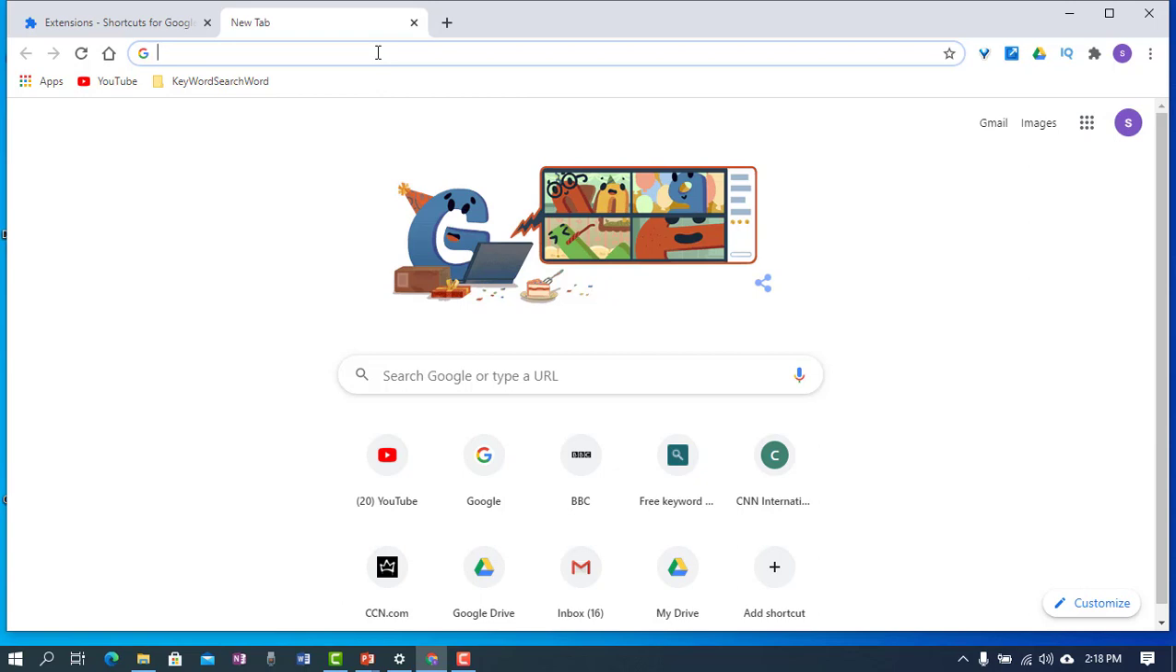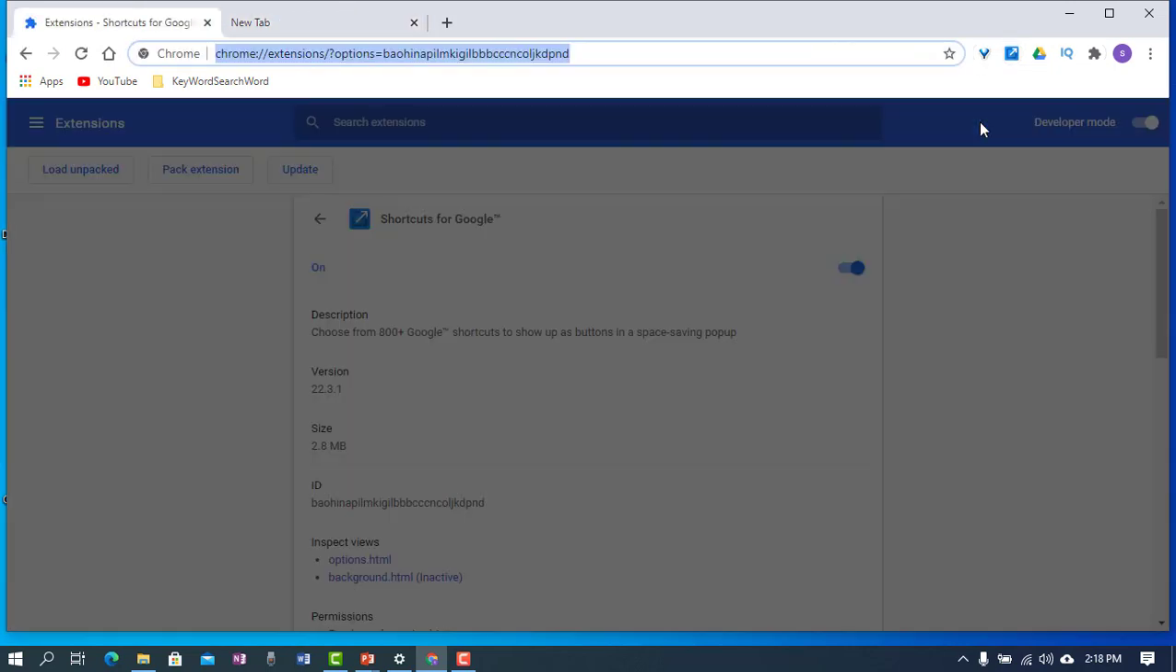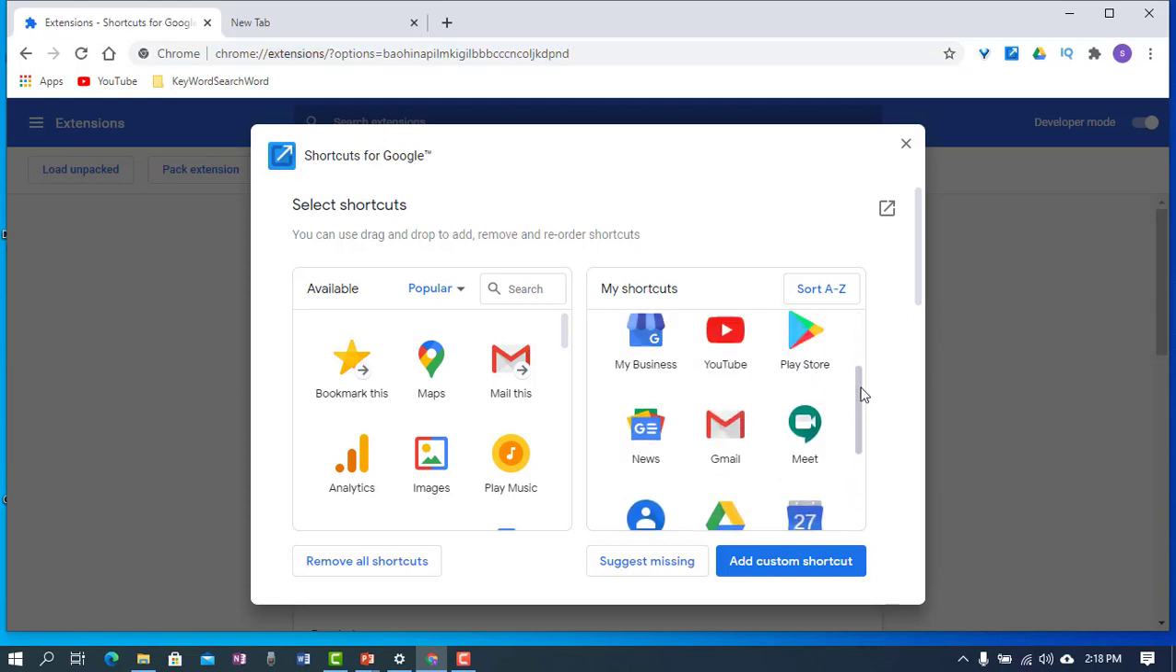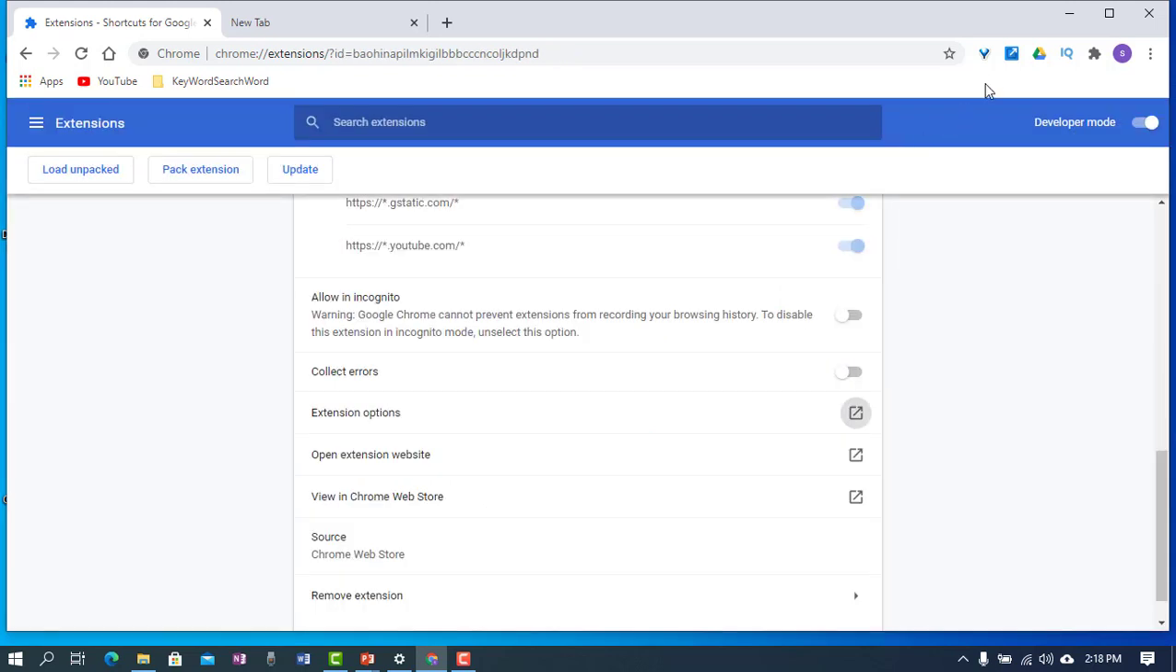Before starting my video, I would suggest you install a plugin called Shortcut for Google. What it does is simply show all of Google's applications in it. If you don't see your desired application, just click on this gear icon and it will show all the applications published by Google. If you don't see your desired application in your pane, you just need to click and drag and drop from this pane to this pane, and after that you should see all your desired applications in this